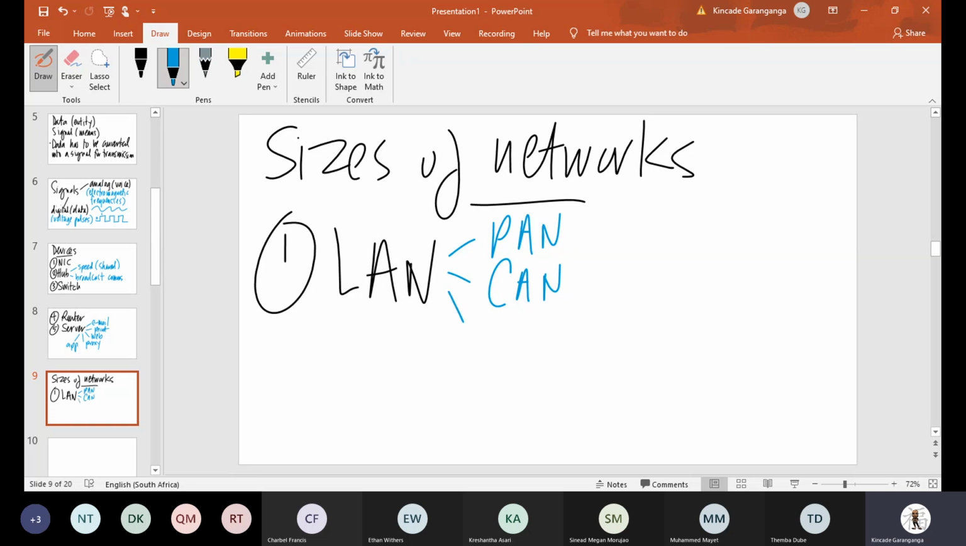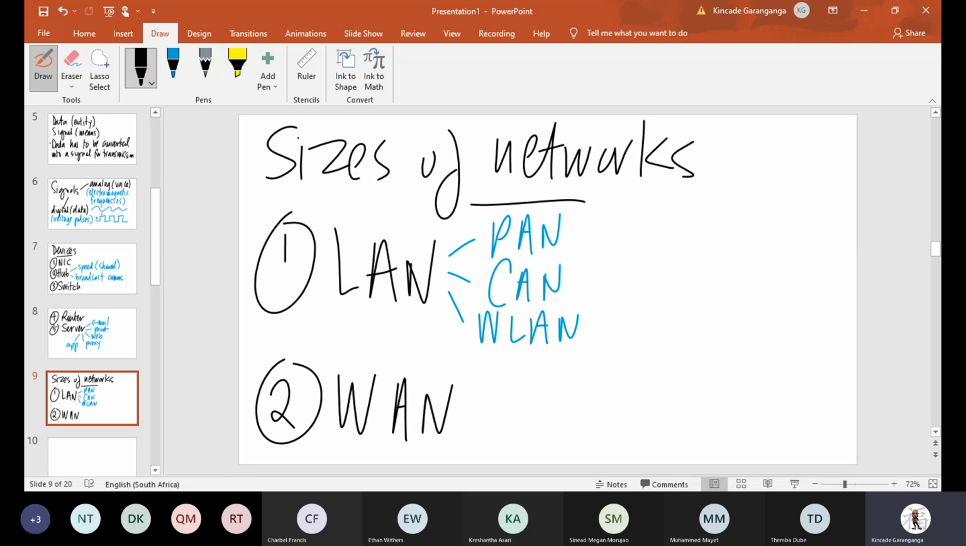Something that obviously we've got on campus is a typical example of a type of local area network. And then these local area networks can be configured with wireless configurations or wireless architectures. This is where the WLAN comes in, which is short for wireless local area network. And then the other main type of network that you find in terms of sizes is